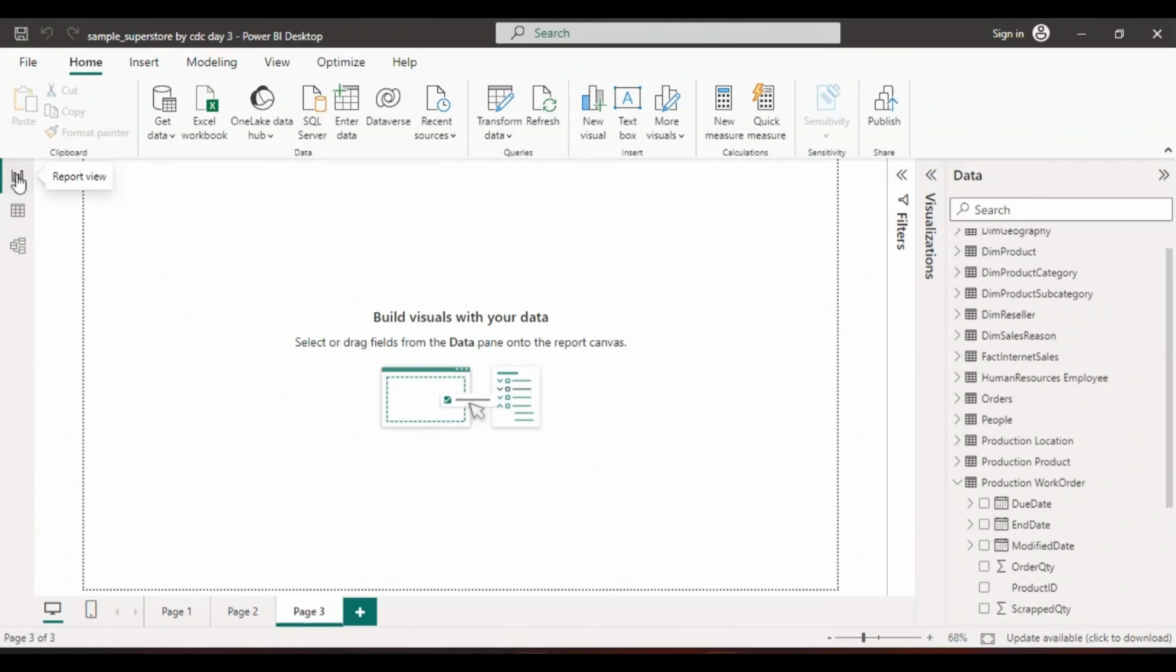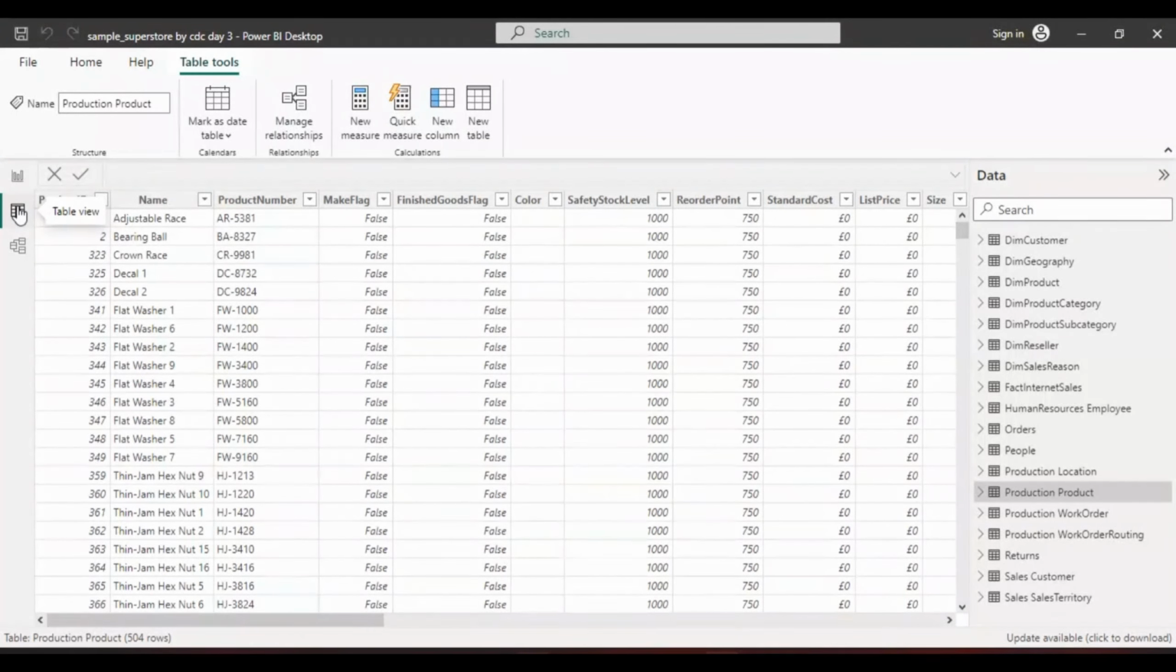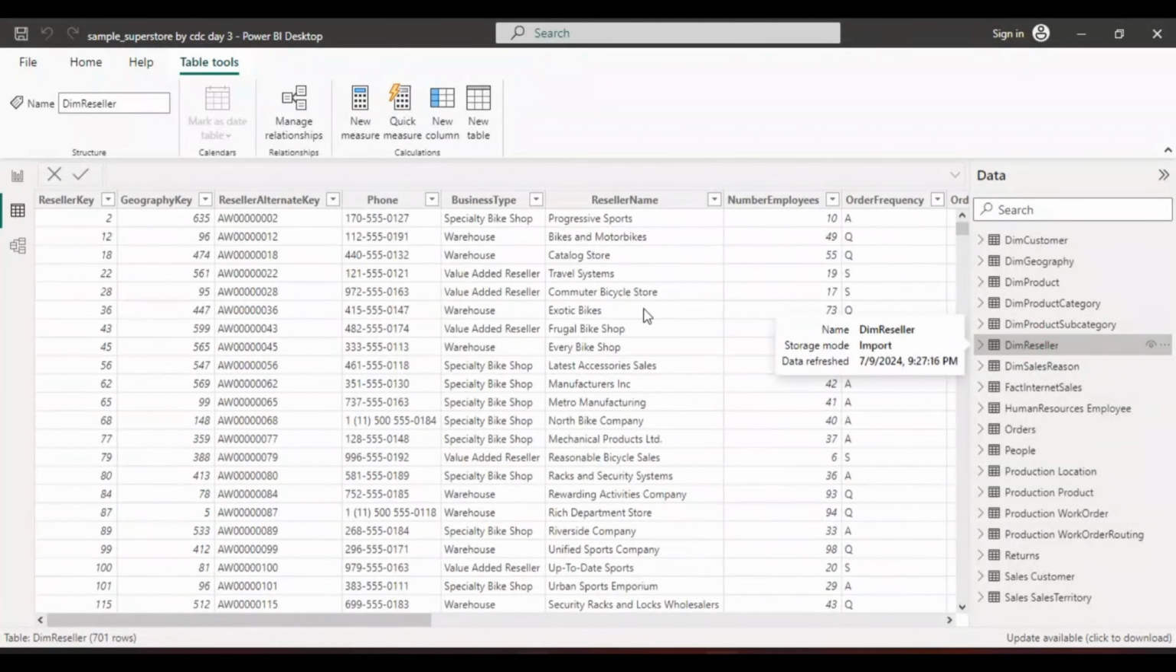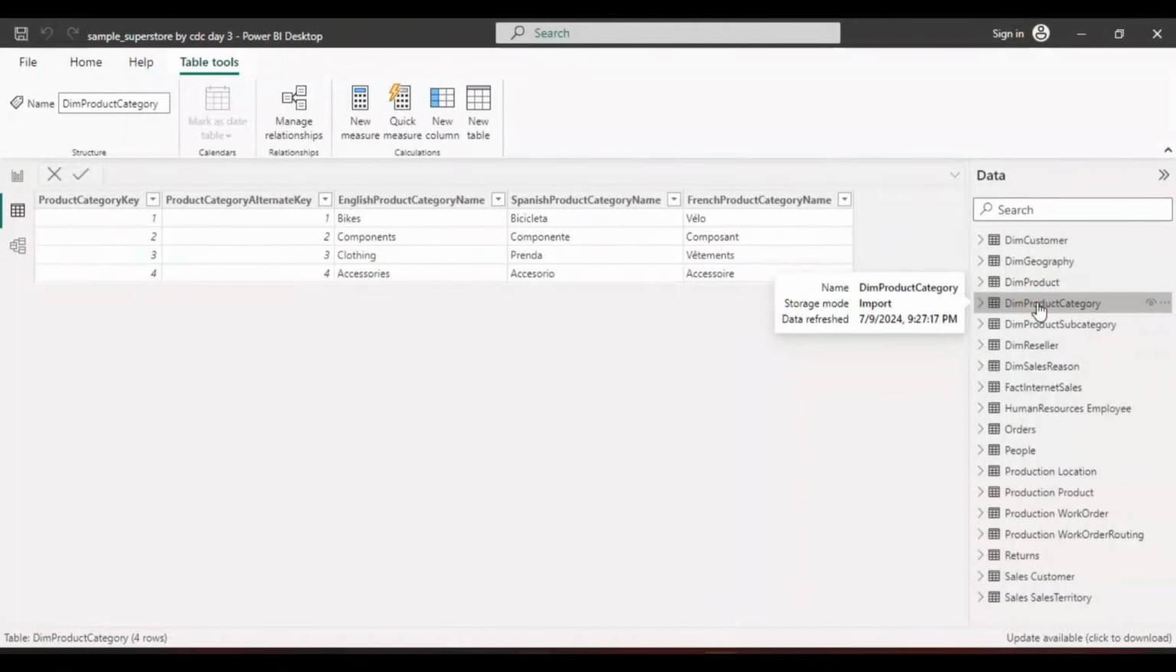Remember, this is your report view, and this is what we are seeing here. If you are not sure of the data or the table that you have, or you want to have a second look, you can come to the second icon here and click on it. When you click the second icon, you will see all those tables. Now it's showing the product table. If I click on reseller, it will show me reseller. If I click on product category again, it will bring the product category here. So you have manipulation at your fingertips. You can always manipulate and do whatever you want to do